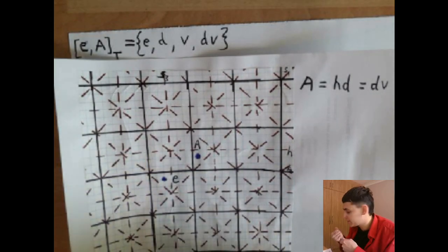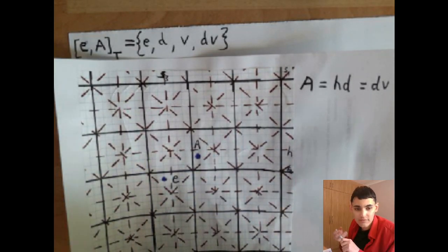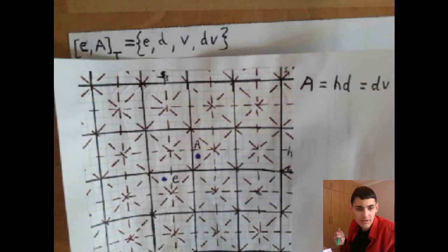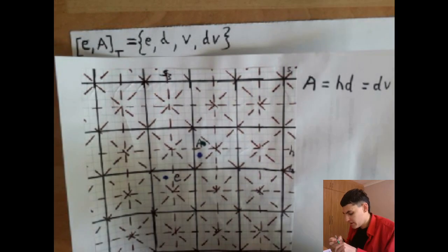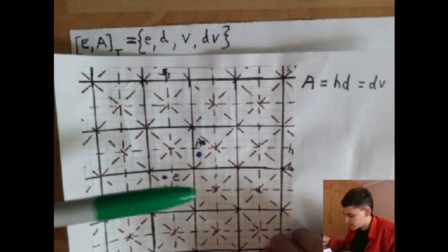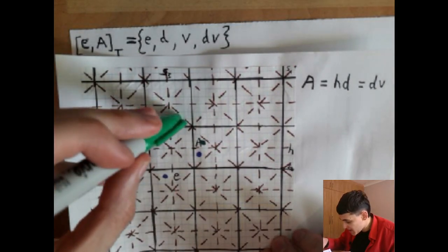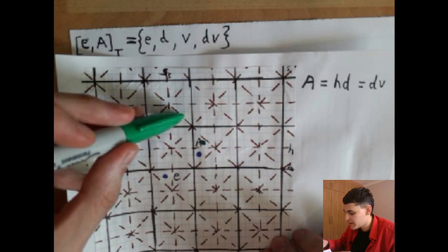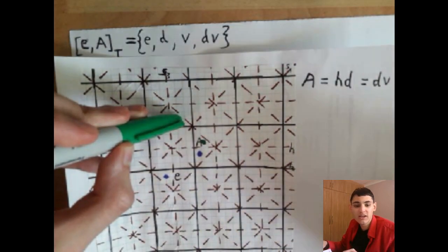And then A is next. If I did try and include H, where would that put me? Well, it would put me up here. But because we are only looking at